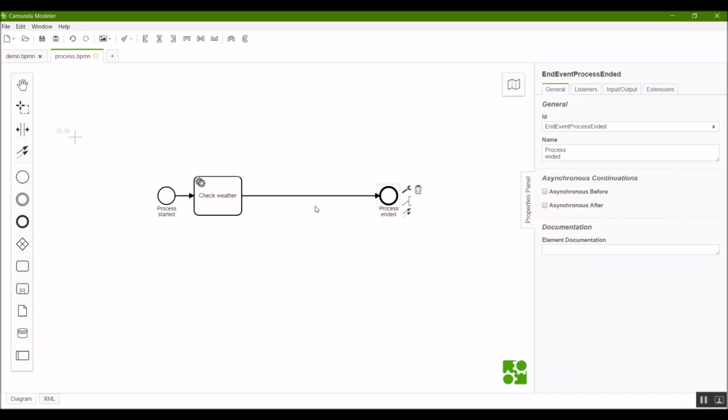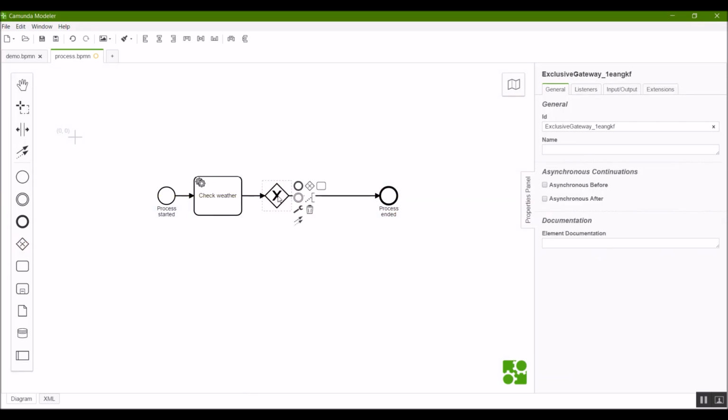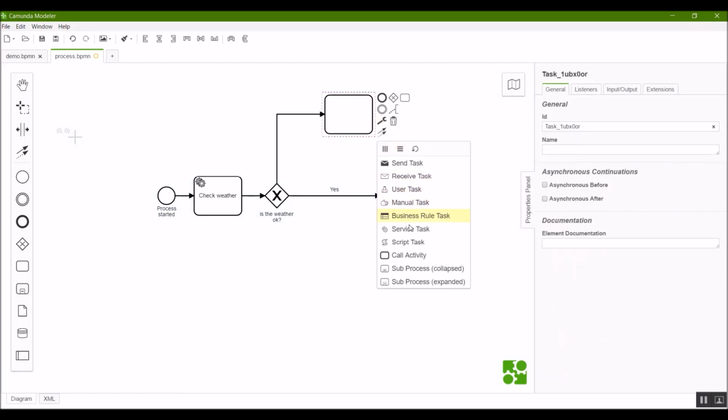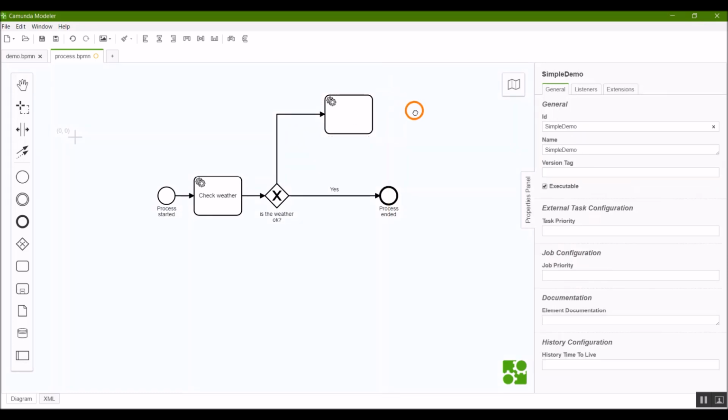and following this I'm going to drag a gateway from this menu here and drop it, and this is going to be an XOR gateway. So this is going to be a question: is the weather okay? And if it is, we will end our process, and if it's not, I'm going to go up here. I'm going to choose another service task. I'm going to choose an end event, and this one is going to be, let's say, print complaint about weather.